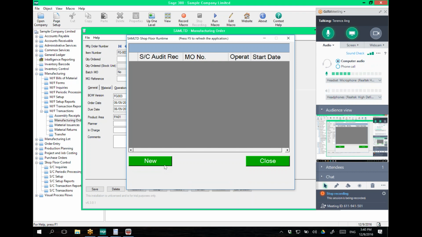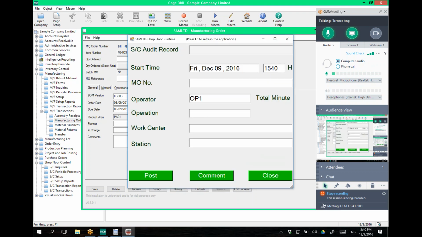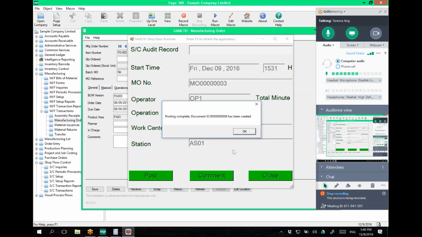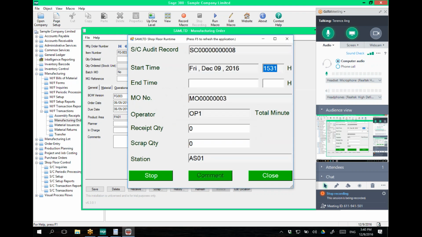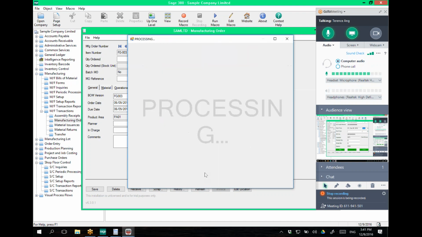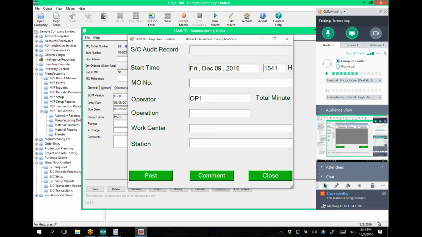close it. So for example, I can create a record, let's say this one starting at 331 for the same MO number. So this time I won't change anything. And let's say I proceed to move on to another job. So I can close this, start a new record. So this is, let's say, from 338